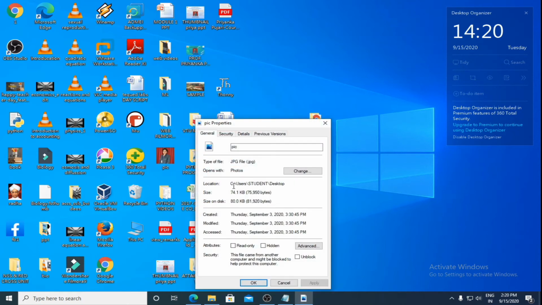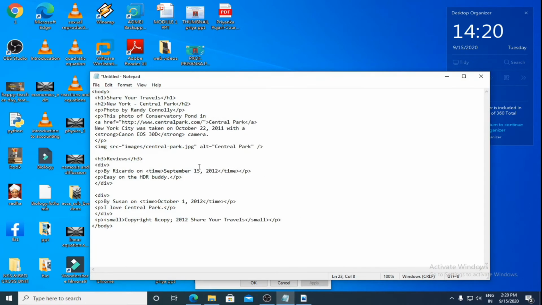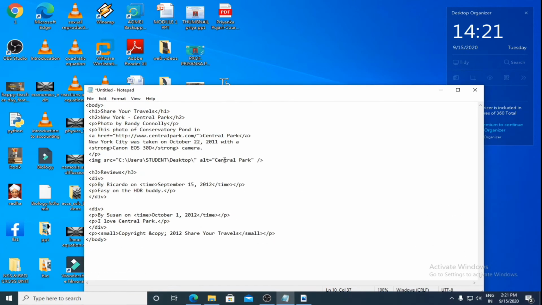I'll take the location of this image, copy it, go to my program, and in place of their image, I'll put my image location. It is in the C drive, users folder, students folder, desktop. As well, I have to give the name of the image, which is pic.jpg. Okay, it is a jpg file.